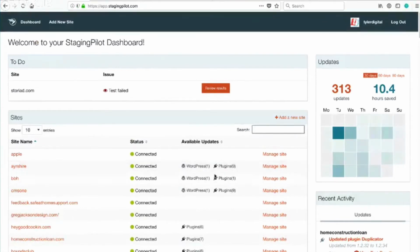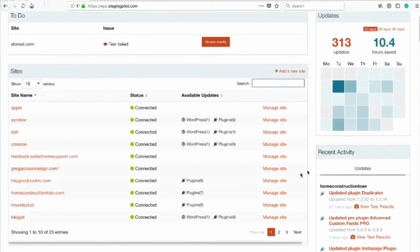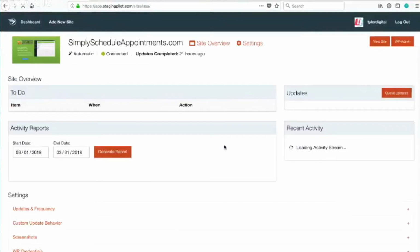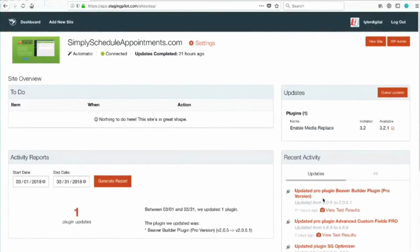But yeah, and here it's an interface you're probably familiar with. You've got your list of sites. You can see the updates that are available. You have an activity feed of things that have happened recently. If you wanted to go look and see some updates that have happened recently on this site, I can go see